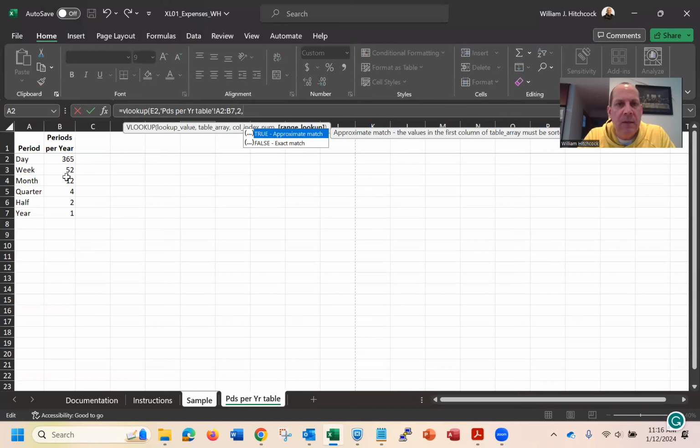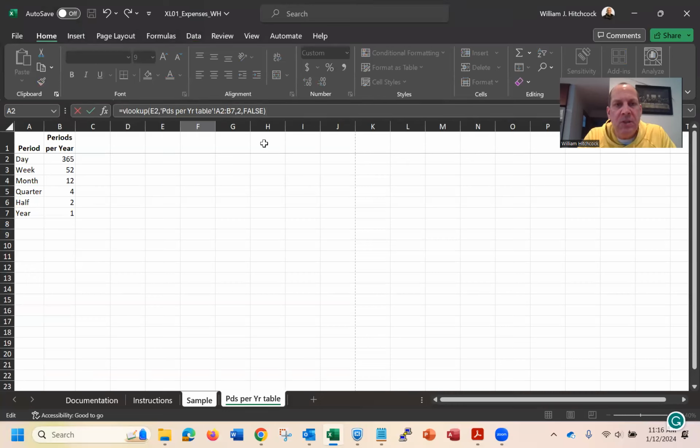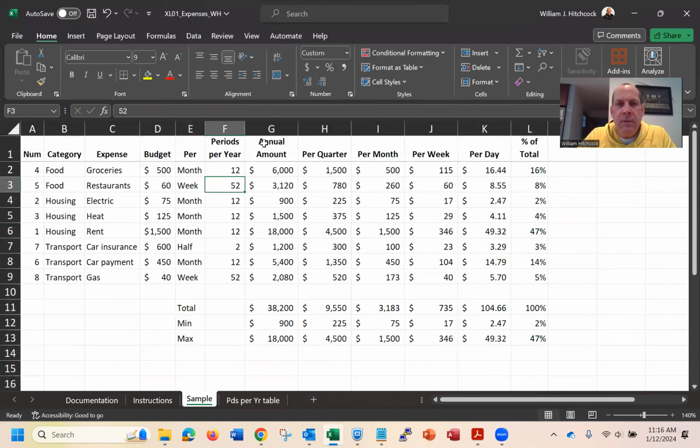Type in one more comma, and then it says, does this original item, E2, the word month, approximately match one of these, or does it exactly match? Well, in our case, we want it to exactly match, so I'll put in false. Type in a parenthesis, hit enter, and I've got 12. So if I copy this down,